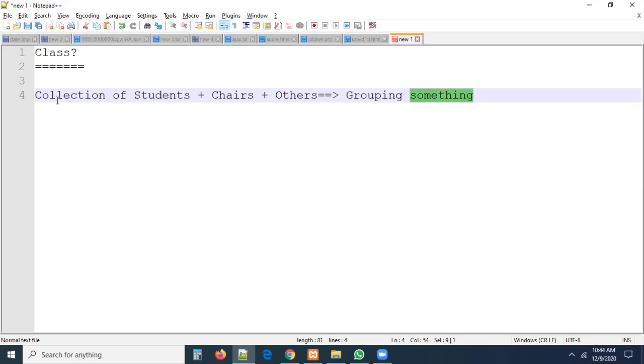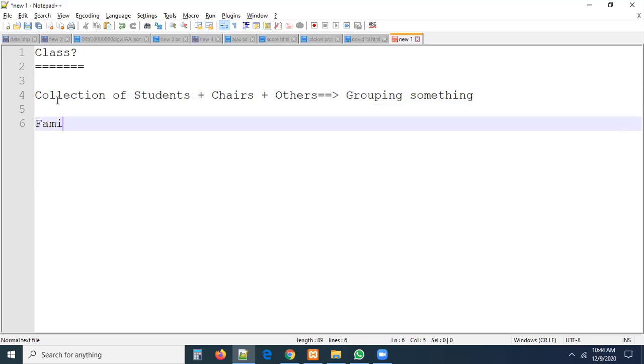Here, I'm simply saying a collection of students and chairs and others. Right. Okay. Why not? I want to go with a family. What is a family, guys? I want to talk about a collection of family members. So it's all about family members. They may be mother, father, children, and everything. Family members and others also. A family may contain